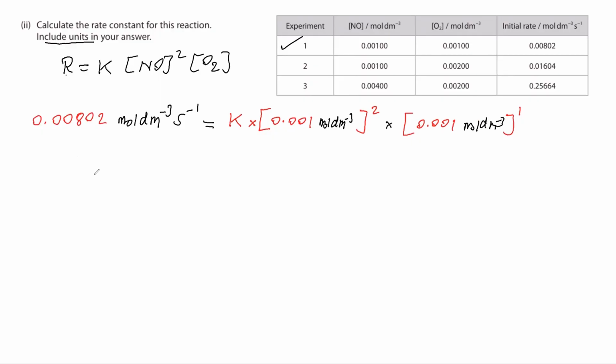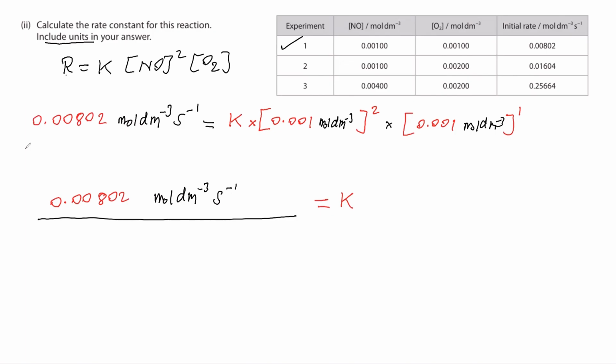So we need to find the rate constant, so we'll make the rate constant the subject. I want to isolate the rate constant on one side. So the rate constant is here, right? Now we have to take all the other things to the other side. So what we have here is 0.00802 moles per cubic decimeter per second, this whole thing divided by